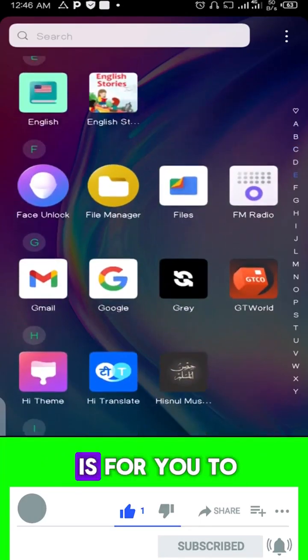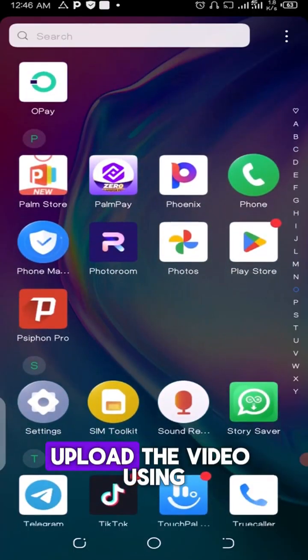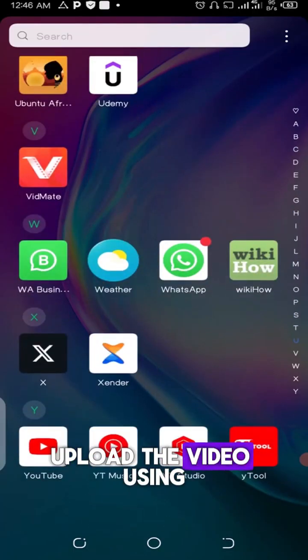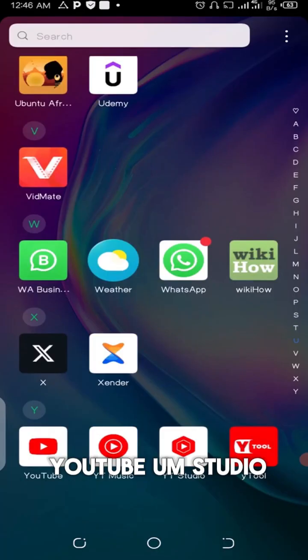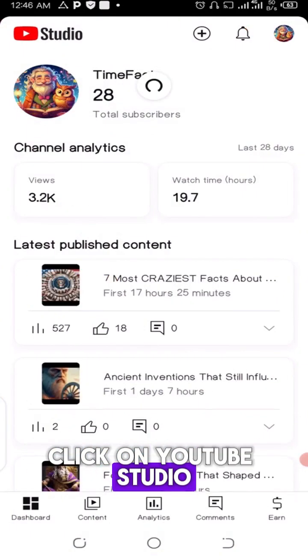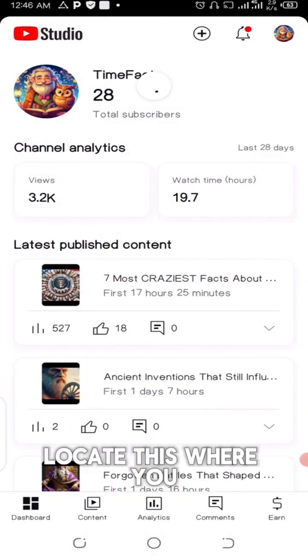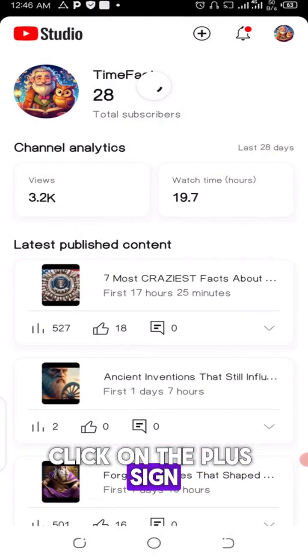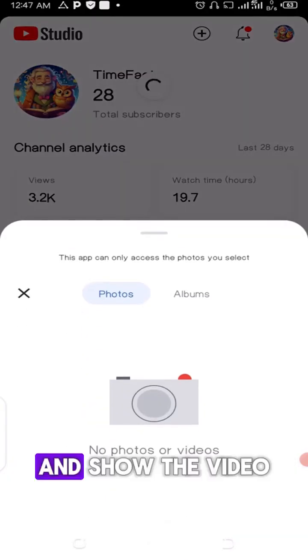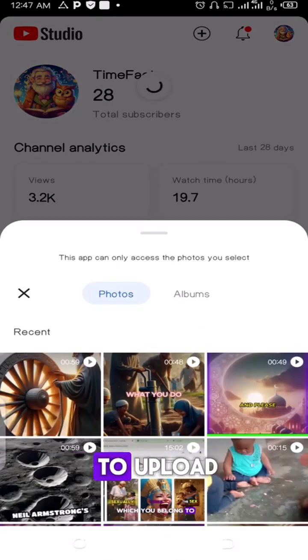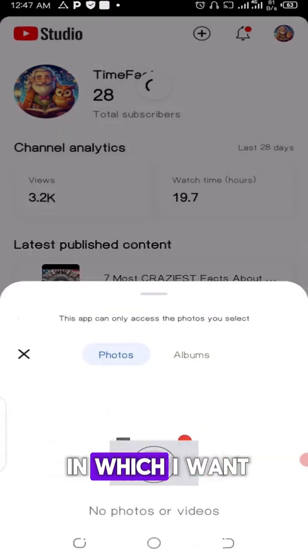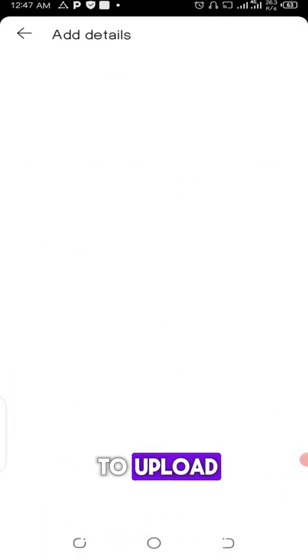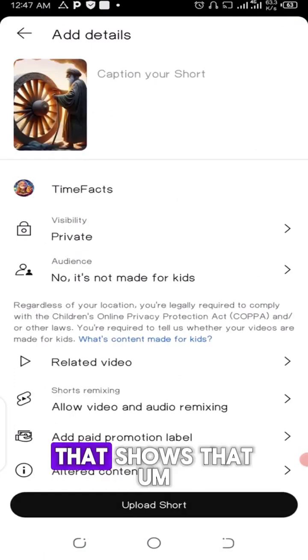Now the first step is for you to upload the video using YouTube Studio. Click on YouTube Studio, locate where you have this plus sign, click on the plus sign and choose the video that you want to upload. This is the video that I want to upload. As you can see now, this is the thumbnail that shows